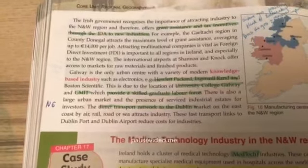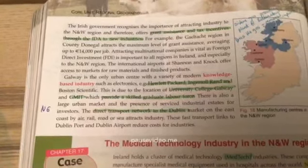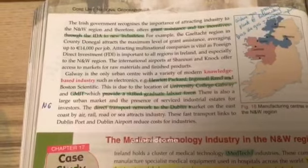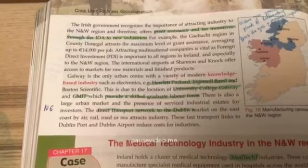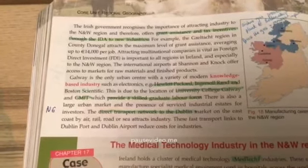A lot of the industry there will be knowledge based as well, based on electronics or the pharma tech industry and so on. Hewlett Packard is there, they make computers and printers and so on. Ingersoll Rand is also based in Galway, and that's an interesting case study because Ingersoll Rand make those club cars,